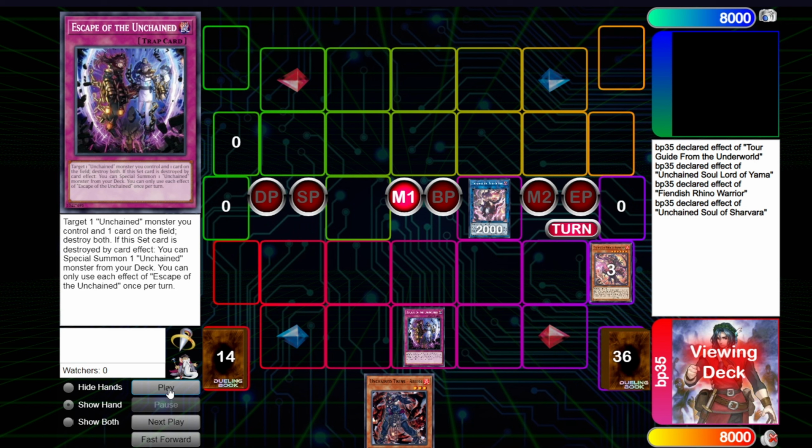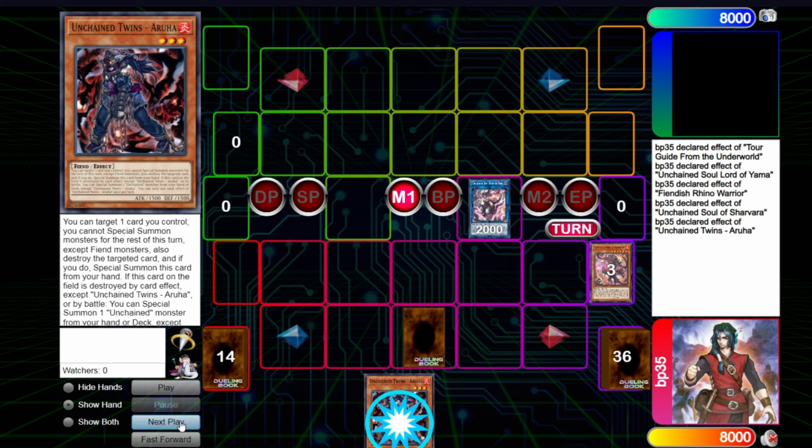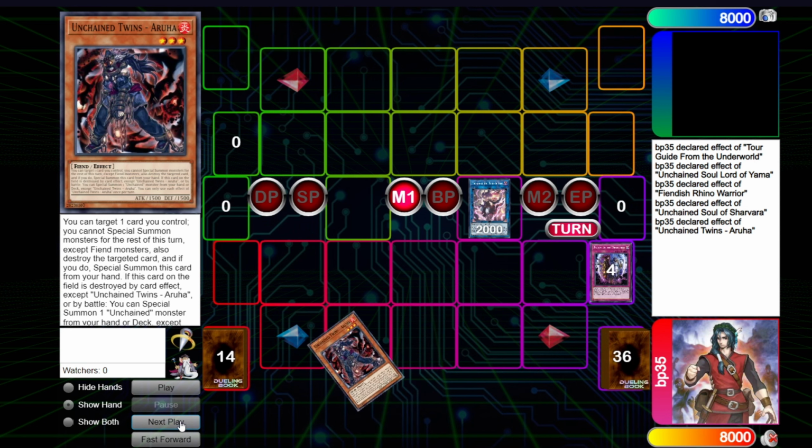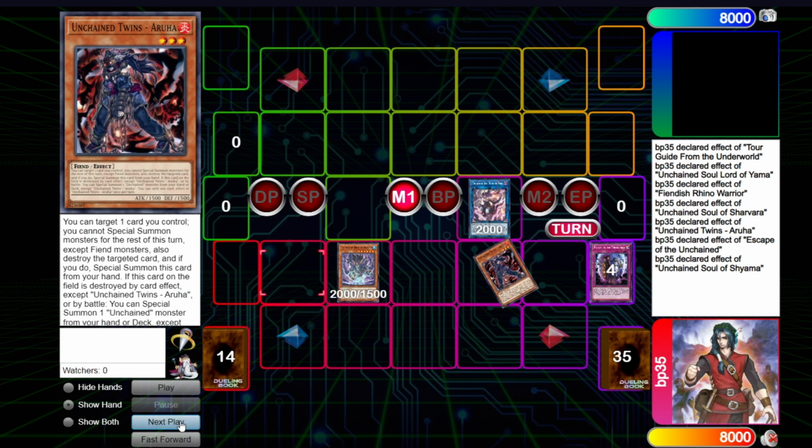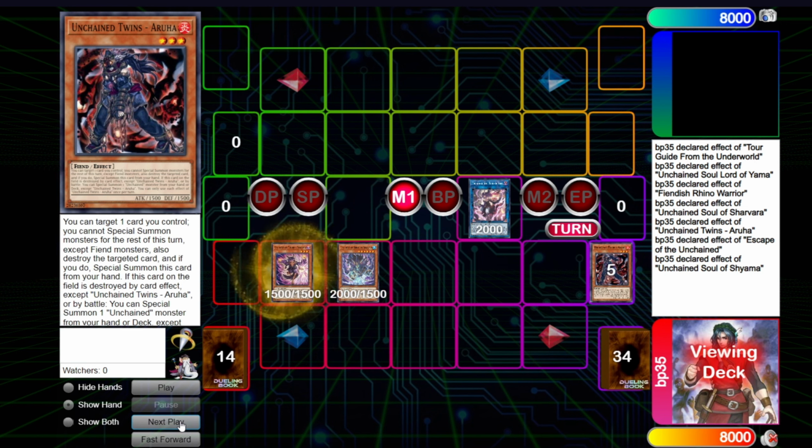So set escape, activate Aruha pop, summon Aruha, trigger escape effect, summon Shayama effect, target the Aruha and destroy. Aruha summons Sarama, and now your opponent kind of has a chance here to nib you, right? If they nib you, all you need is any set card to be able to play through this,